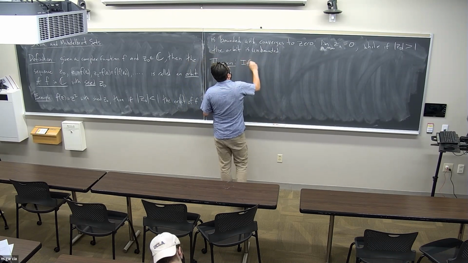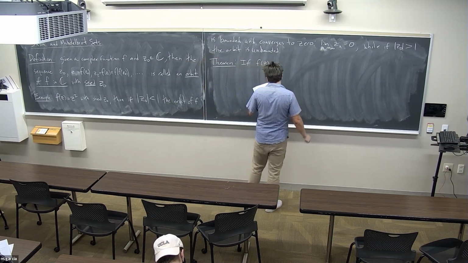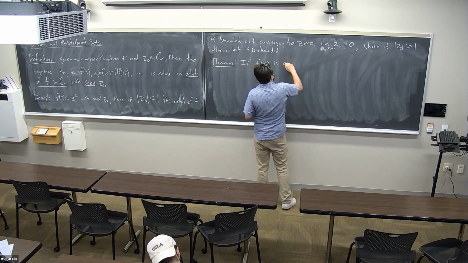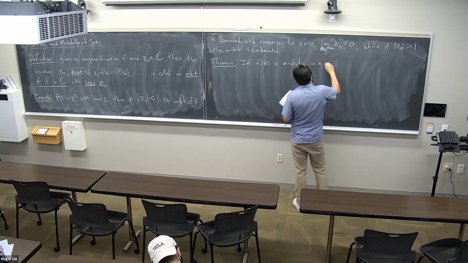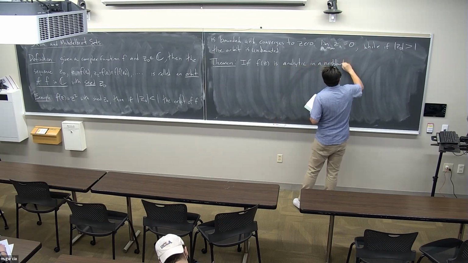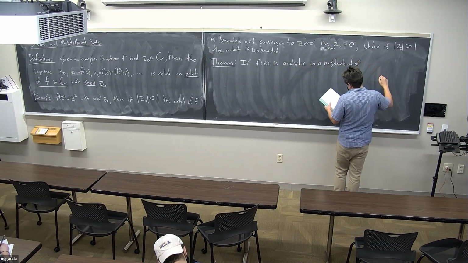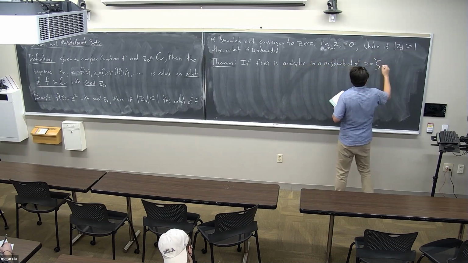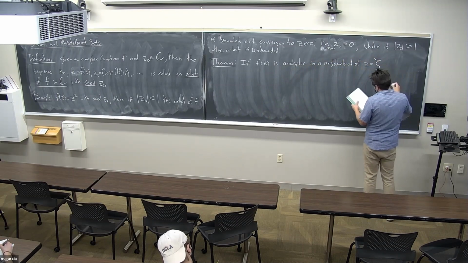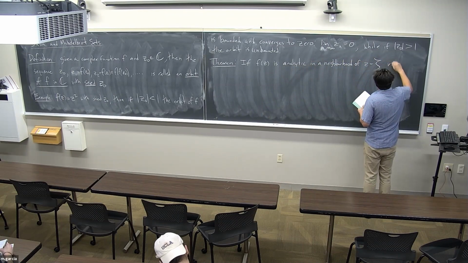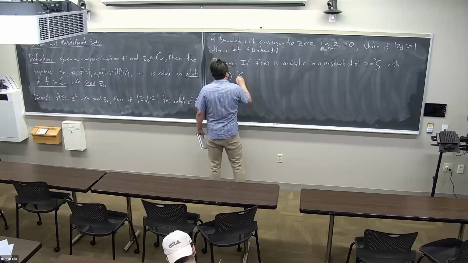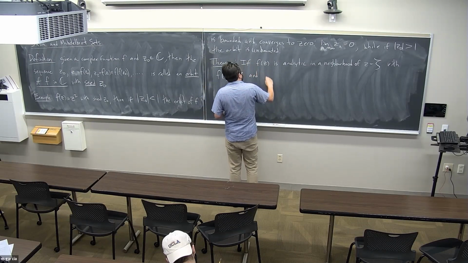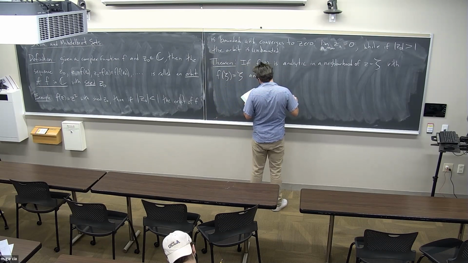If f of z is analytic in a neighborhood of our favorite letter zeta, so z equals zeta, with f of zeta equal to zeta, and the modulus of the derivative of f evaluated at zeta is strictly less than 1,